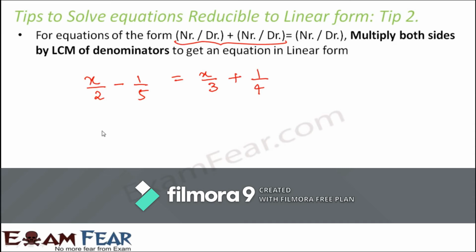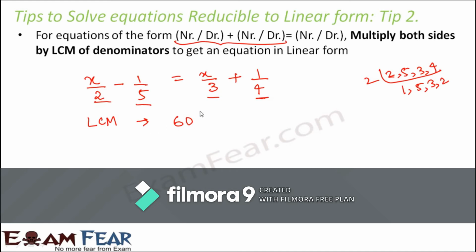Okay, fine. Now let us try to find out the LCM. Now what would be the LCM of the denominators? What are the denominators here? So here the denominators are 2, 5, 3, 4. So if you find out the LCM of 2, 5, 3, 4, what would be the LCM? The LCM would come out to be 60. Just try to find out LCM of 2, 5, 3, 4. So you would get something like this. So 2 into 2, 4 into 3, 12 into 5, 60. Therefore, the LCM would be 60.